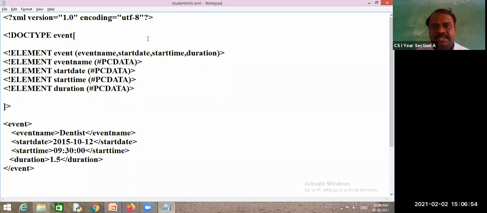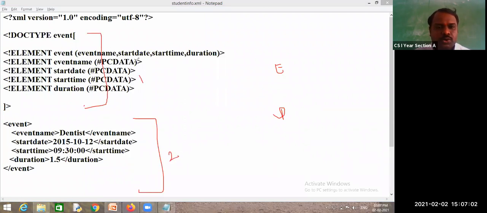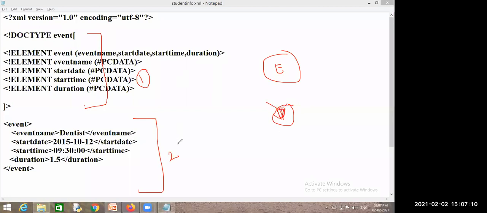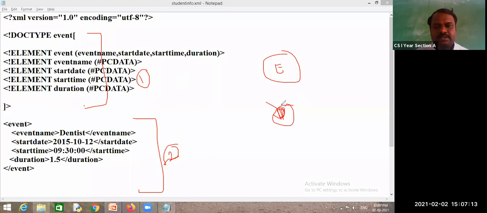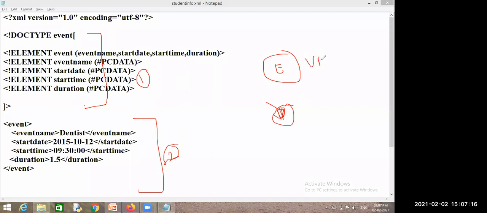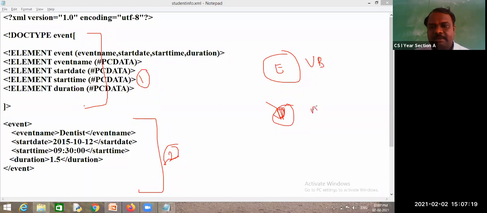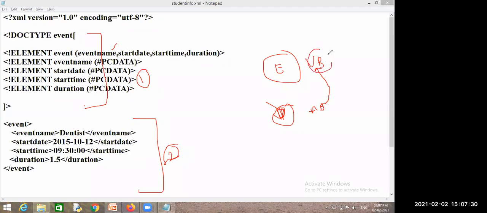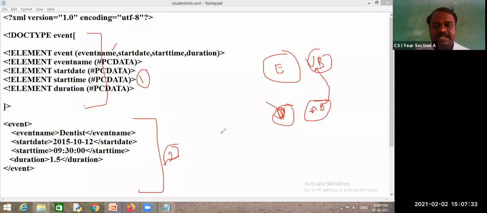So from this, exam branch and department. Here this is the first one, this is the second one. Who will give this first one, exam branch or department? Exam branch. Who will prepare this document? Department. See, Union Bank and Andhra Bank. Andhra Bank has combined with Union Bank. Who will provide this DTD? Union Bank. Union Bank will provide, and Andhra Bank will give XML data.